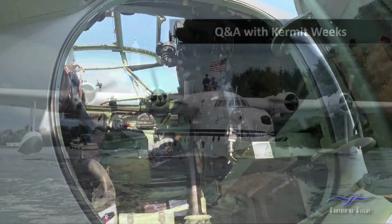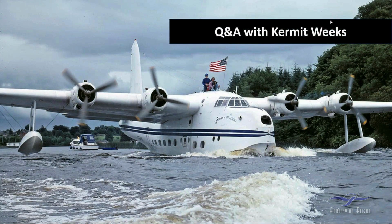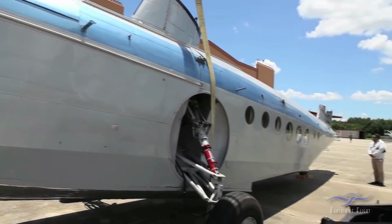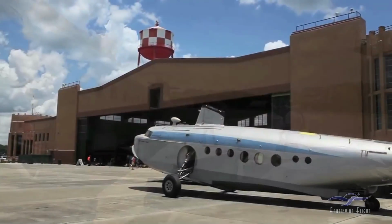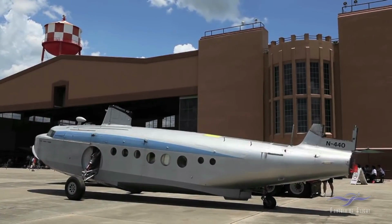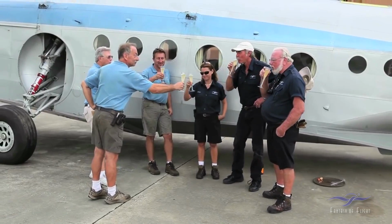Another great answer. Of all of the airplanes in your collection, Kermit, which is your most favorite? Well, what you're asking me is, what's my favorite child? They're all my children. So what's your favorite kid? Now, if you change the question and said, if you could only keep one airplane, what would it be? At this point, even though I haven't flown it, I'd probably say the Howard Hughes S-43, because of the historic value, the uniqueness of it. But if somebody said, you could only keep one for fun, and you didn't need a crew, and you could stick it in a small hangar and push it in and out yourself,